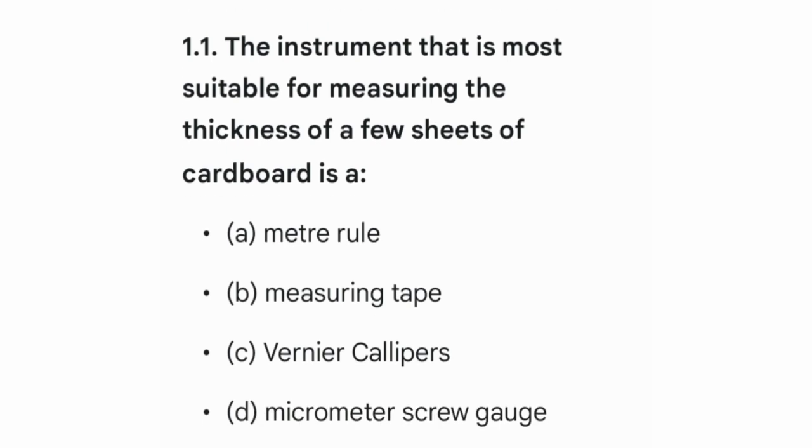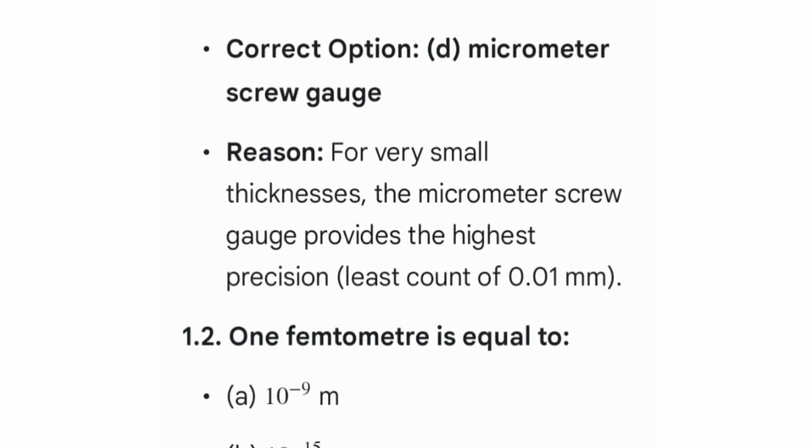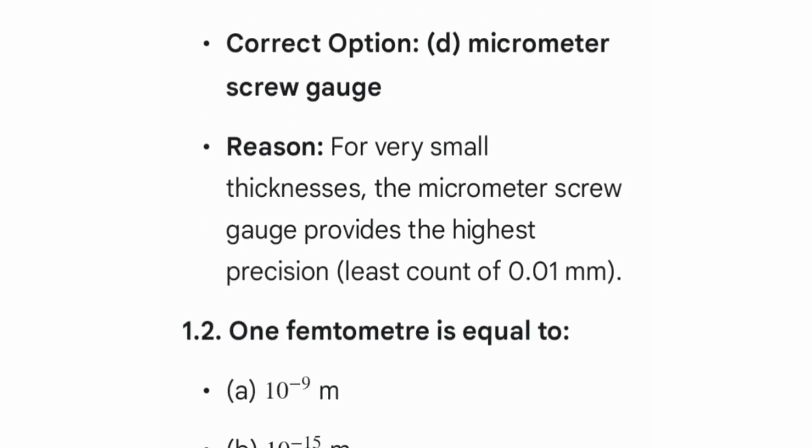MCQ number 1.1. The instrument that is most suitable for measuring thickness of a few sheets of cardboard is: A, a meter rule; B, measuring tape; C, Vernier caliper; D, micrometer screw gauge. The correct option is D, micrometer screw gauge. Reason: for very small thickness, the micrometer screw gauge provides the highest precision. As we know, the least count of the micrometer screw gauge is the smallest of all as compared to Vernier